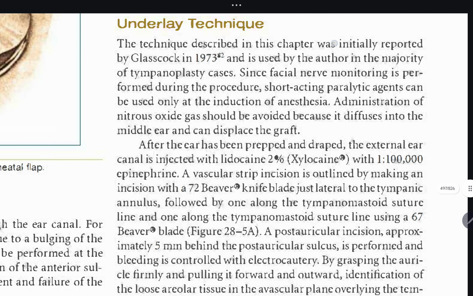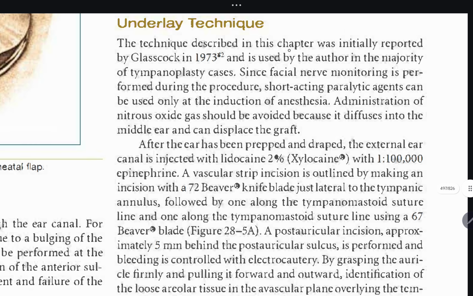Underlay technique. The technique described in this chapter was initially reported by Glasscock in 1973 and is used by the author in the majority of tympanoplasty cases. Since facial nerve monitoring is performed during the procedure, short-acting paralytic agents can be used only at the induction of anesthesia. Administration of nitrous oxide gas should be avoided because it diffuses into the middle ear and can displace